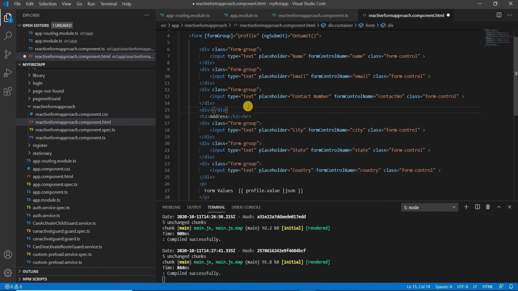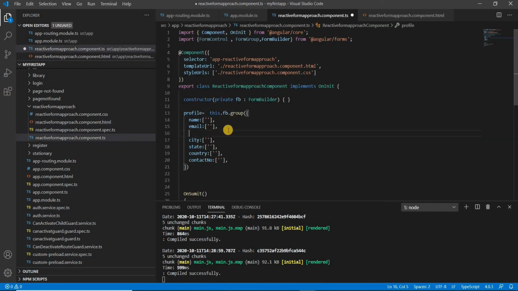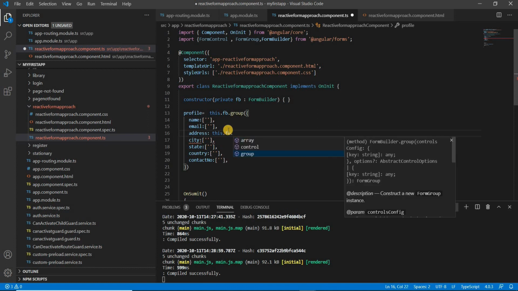So first we have to create a div, and inside the div we define formGroupName equals address, because we have a different model for address, and here we have to create a different form group, address, this dot group.